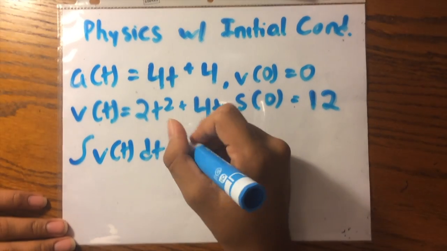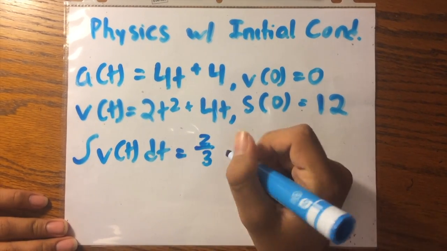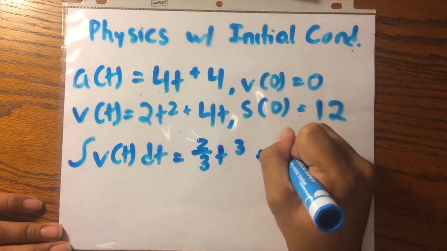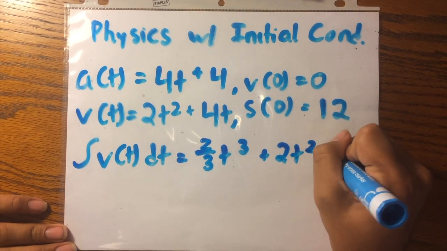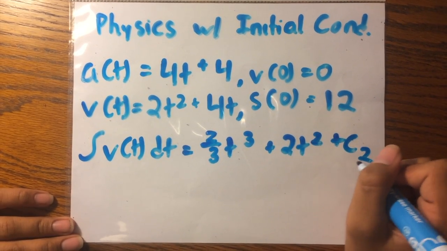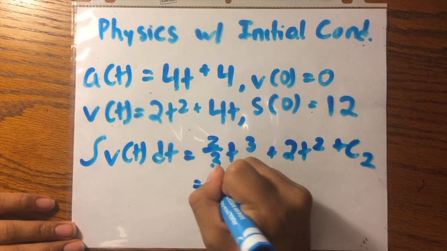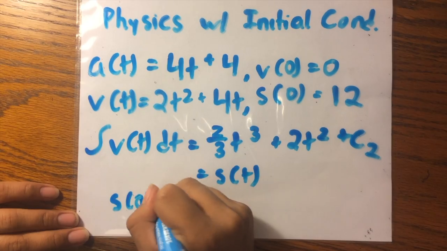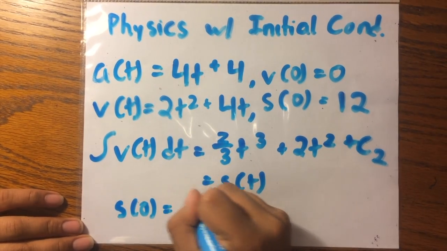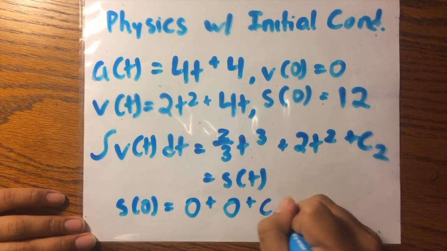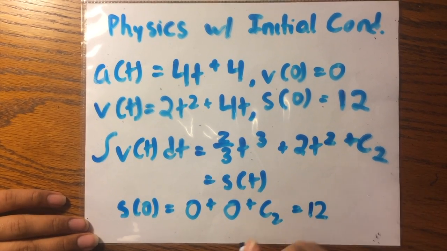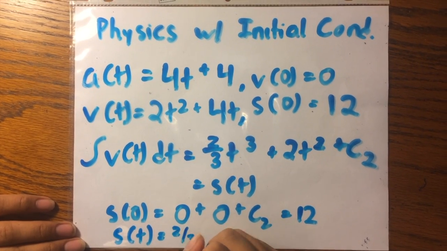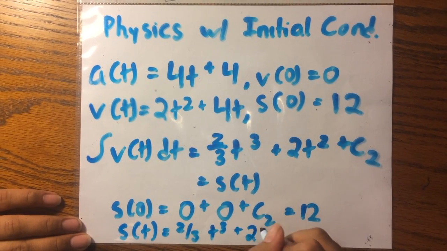Then if we integrate velocity, we get position, if you remember. Since we know the velocity function, we can find position. So when we integrate that, we get 2/3 t cubed plus 2t squared plus c2. Now if we use the initial condition 0, 12, which remember to keep in mind is different from the velocity initial condition, we plug in 0, the t's cancel out again, but this time c equals 12. Therefore the final answer becomes 2/3 t cubed plus 2t squared plus 12.